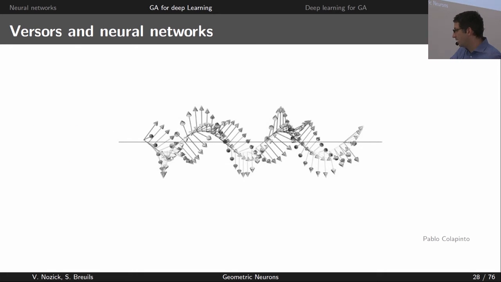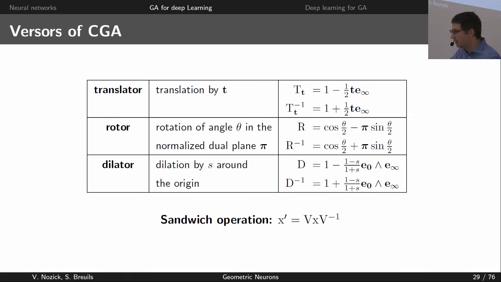But actually in geometric algebra, what we like more is Versors. And Versors, well, it's a family of transformation. So according to the algebra you choose, because we have many different algebra, you may find some Versors. Here, this is a special algebra, conformal geometric algebra, and here we have translation, rotation, and scale. I just put some formula just to make you sure that they exist, but you don't need to care. And the very important point is that one here.